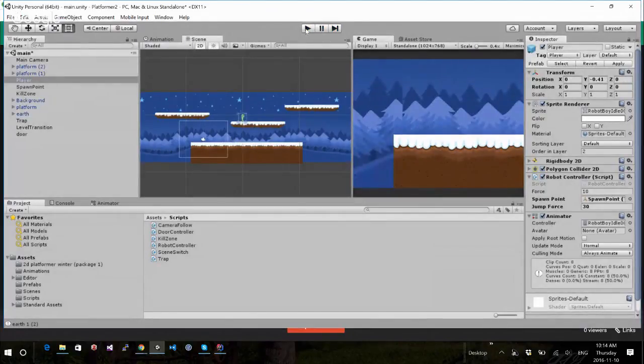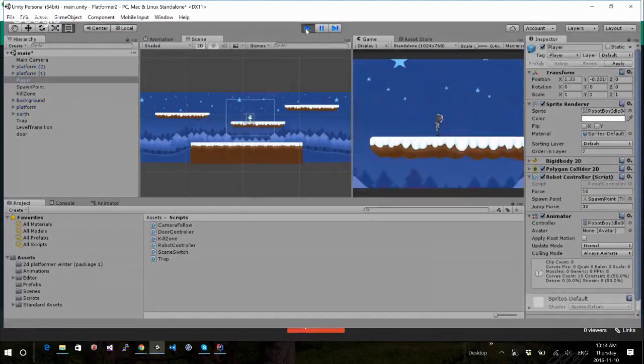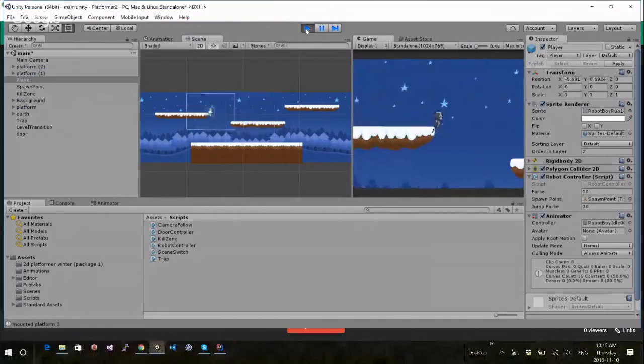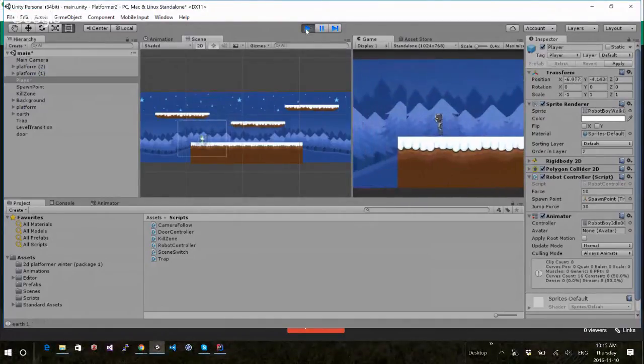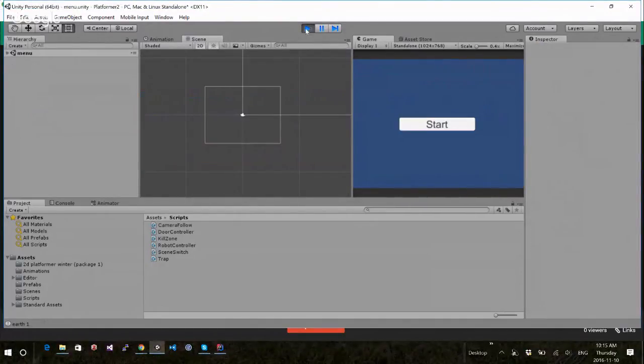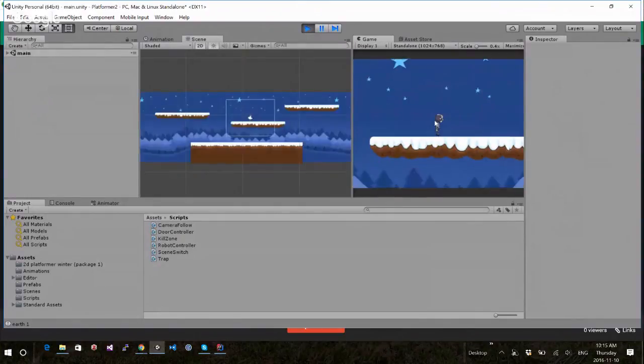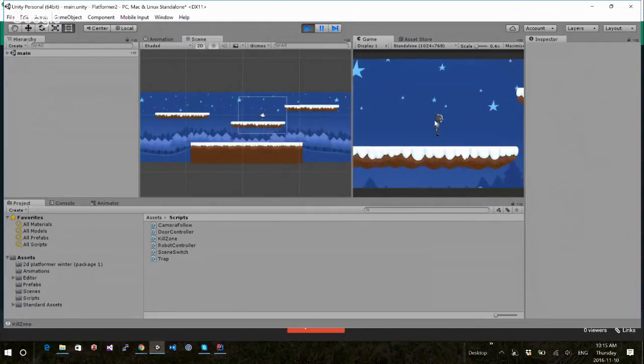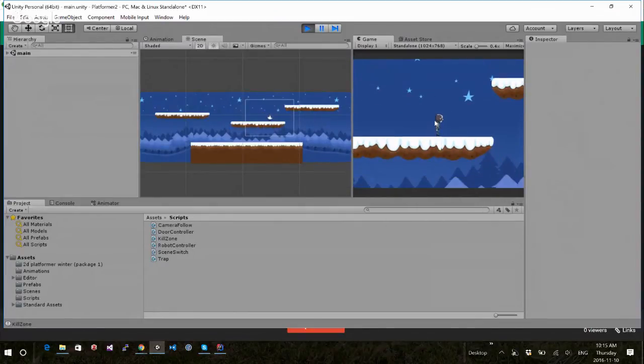We have also the kill zone. Sorry, that takes us to the starting screen, but we have also the kill zone that is taking us back. Spawns the different